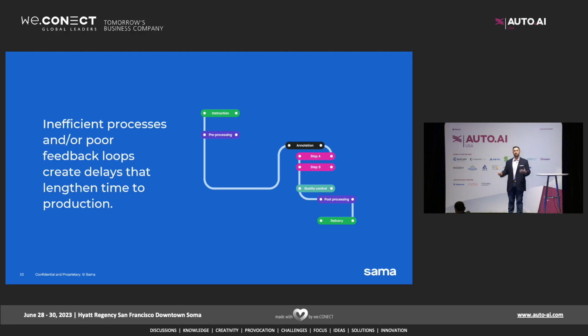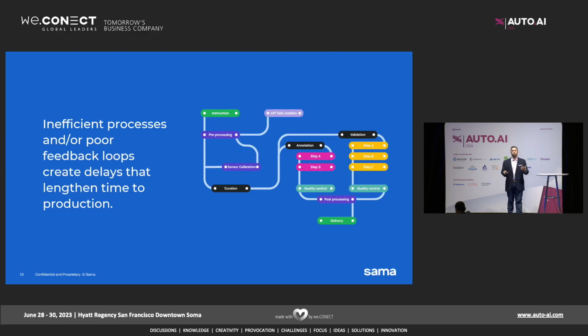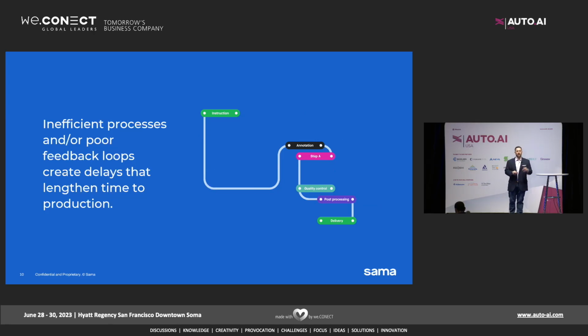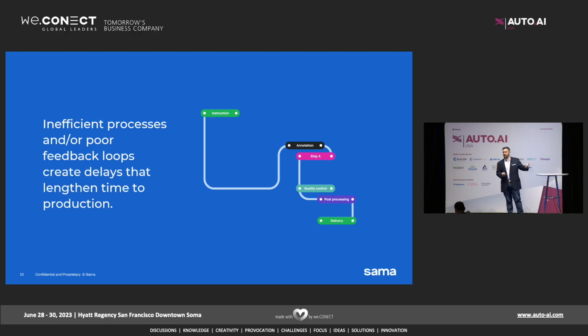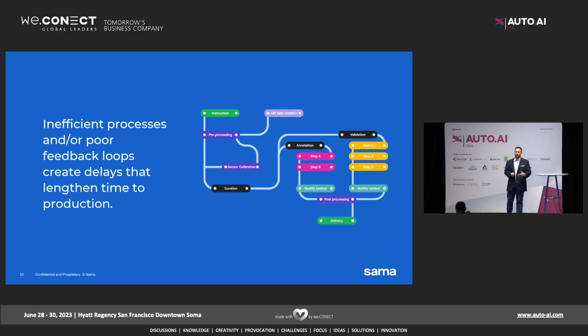It takes less time further down the process to be able to check for it. You may add validation loops or additional quality checks. That means that the data that flows out of the end of the pipeline, the first time that it comes back to you as a customer, is a much higher quality, resulting in less rework, in less time you need to spend on fixing labeling errors in your work.